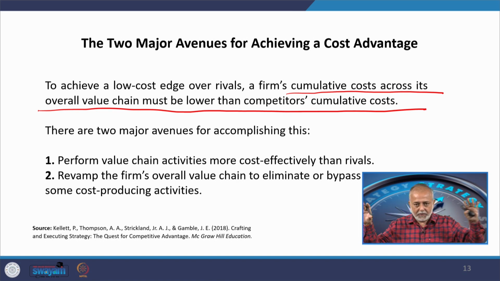So, think about starting from the origin point to the end point in terms of maintaining low costs. If they are unable to negotiate lower prices for supplies, they might go for methodologies wherein their transportation cost becomes low. They might shift their production bases near their suppliers, so their transportation cost, if it is large, then it becomes low, and so on. Many organizations try to do that. So, there are two major avenues for accomplishing this.